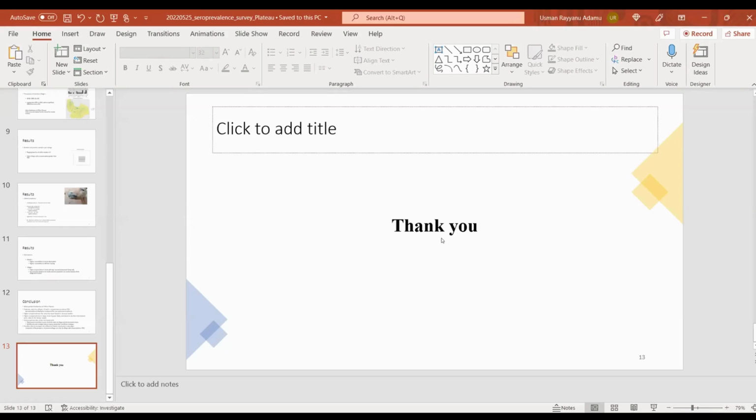Thank you very much, Dr. Adamu, for your presentation. It was quite a great baseline data for Plateau State. So we'll move to the